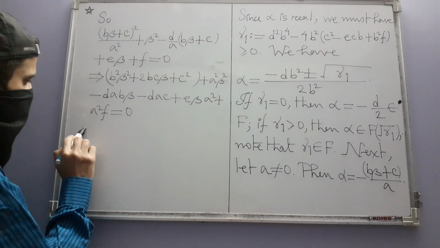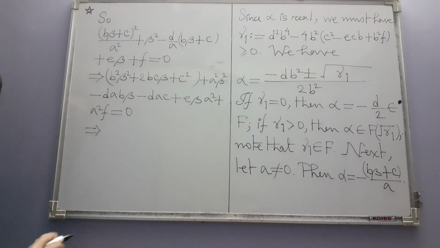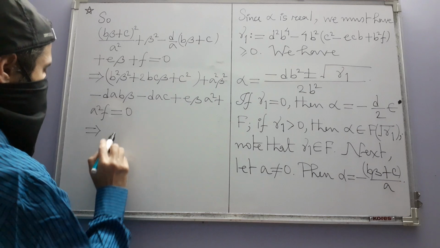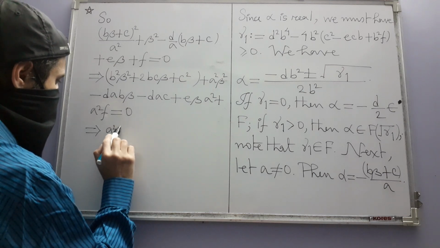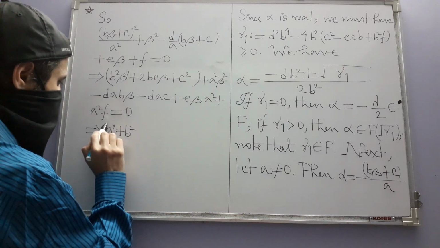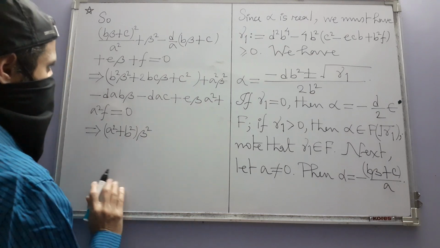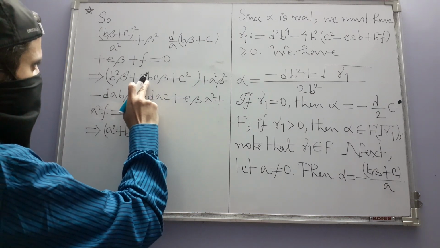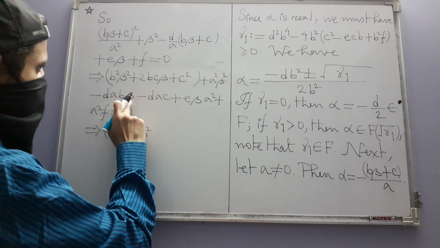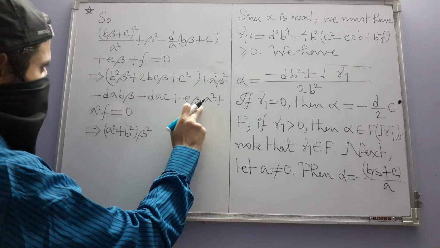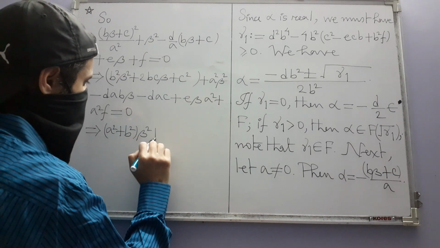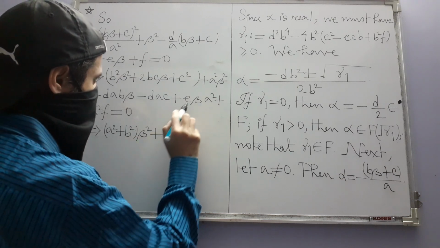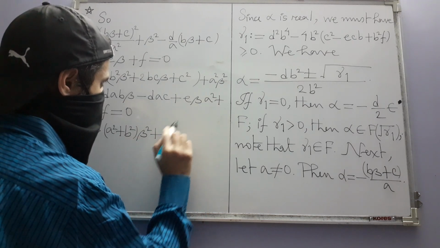Okay, now the beta square terms, if we collect them together, we have this. Then the terms having beta, what are they? This one, and this one. So we can write, you can write in any manner you want, a square e